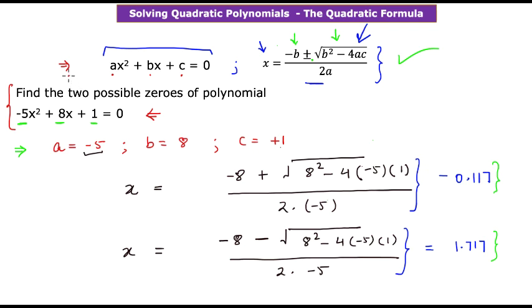So what exactly is the learning point for us in this lesson? The learning point is this, that any standard quadratic polynomial can be solved using this quadratic formula that we have, where we have to be careful about the sign values that you have in front of these coefficients. And once you have figured out what are these three values, you simply plug them in this formula and find the two possible zeros.